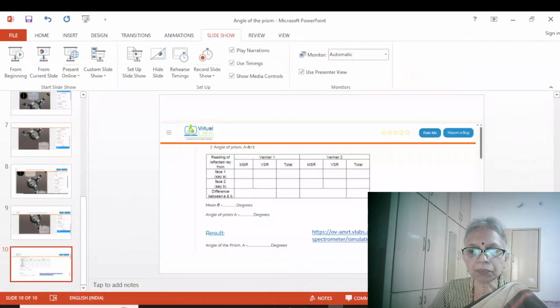Now I'll take you to the virtual laboratory and perform the experiment. So before I take this, what you have to do is perform this experiment virtually as many number of times as possible. Record your observations, practice well, go back to your respective colleges and do perform this experiment in a physical mode.